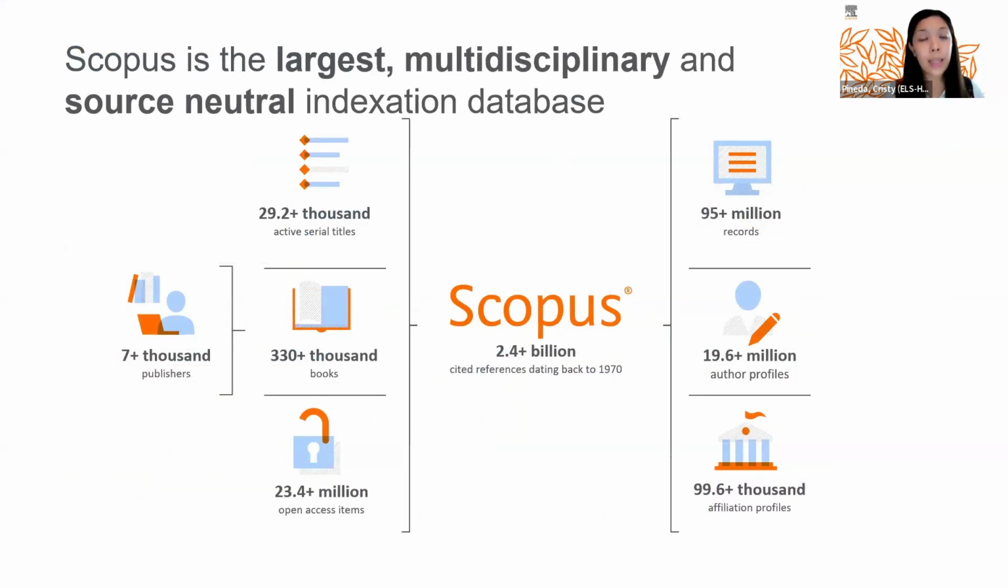So yes, it is not a full-text database, but it provides you with a scope of information that would guide you to look for the references, to look for collaborators within the research ecosystem. And right now, we have over 7,000 publishers on Scopus. We have over 29,000 active serial titles, over 330,000 books, and over 23 million open access items that are indexed